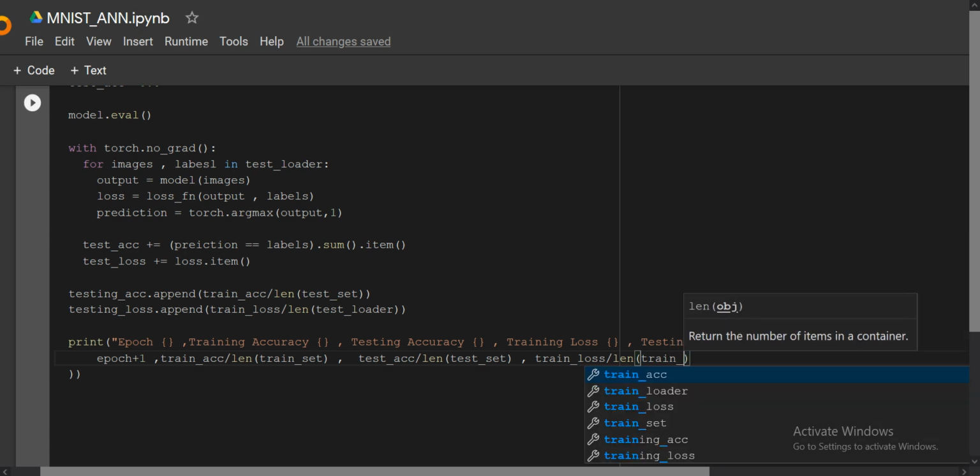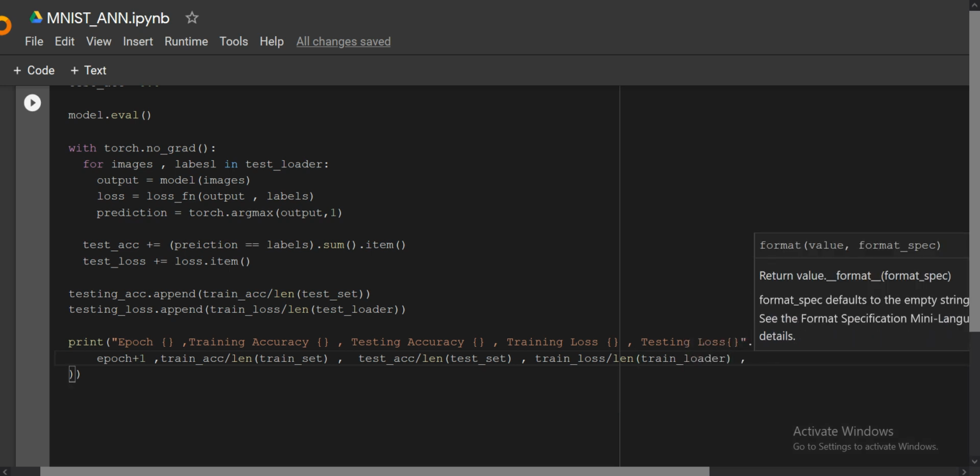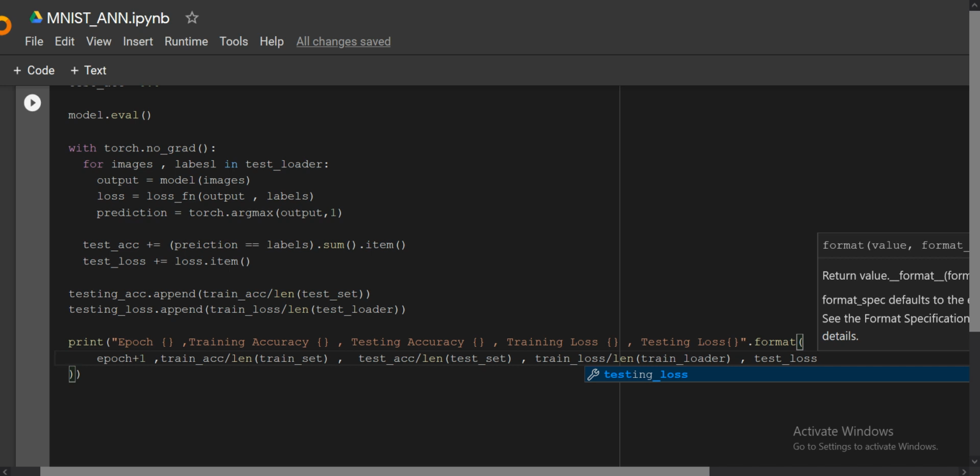And similarly test loss divided by the length of the test loader.